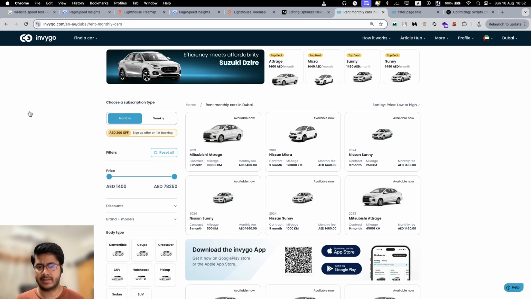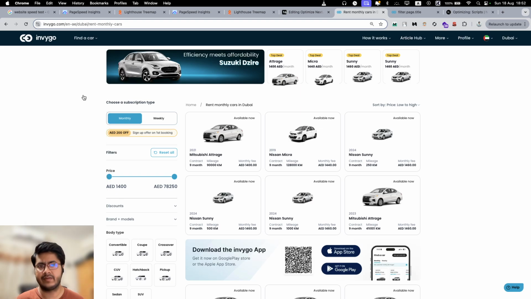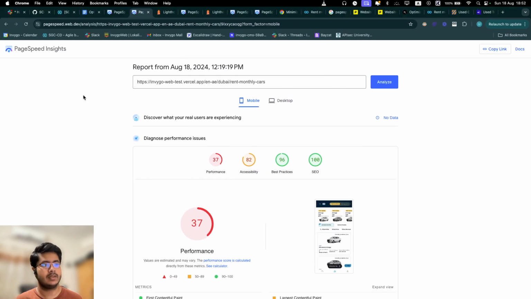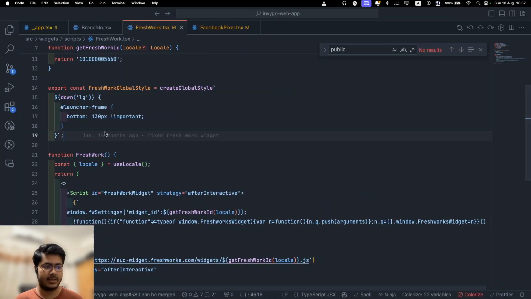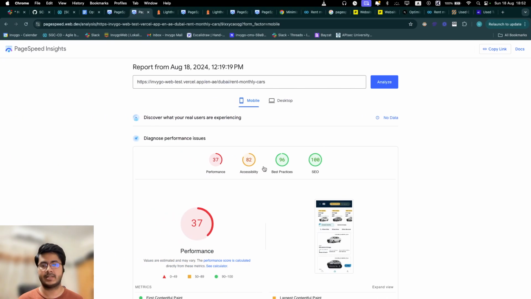On any production website, we actually have to install a lot of scripts for different purposes. For example, in this particular website, we are using Google Tag Manager. In fact, I can show you in the code. We are using Facebook Pixel, Freshwork, Branch.io, Hotjar, Google Tag Manager, Google Analytics. You get the idea, right? So a lot of scripts. These are basically marketing scripts that the marketing guys use to track the performance, track the conversions, and things